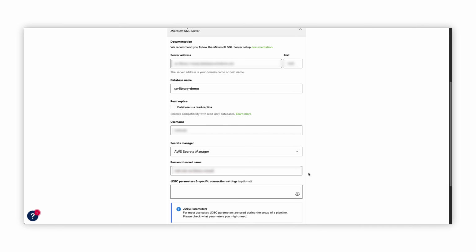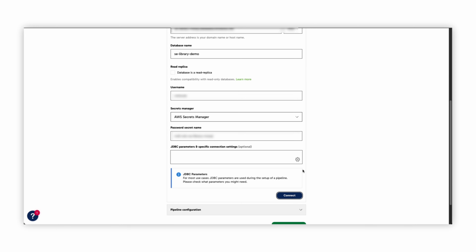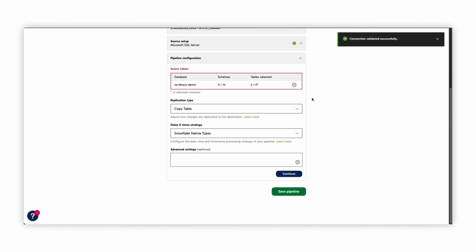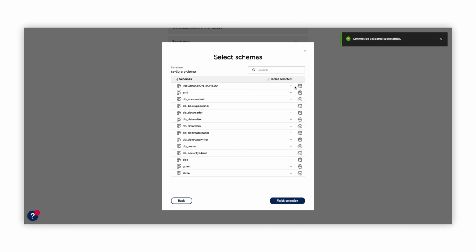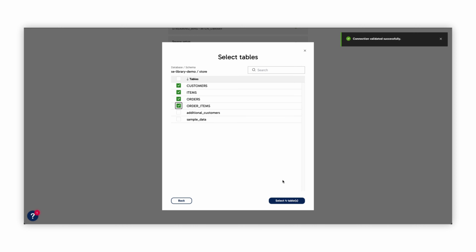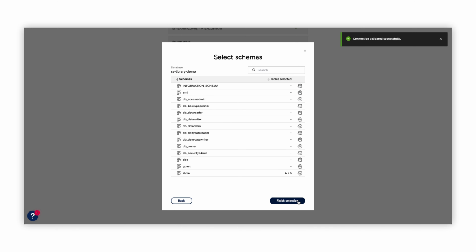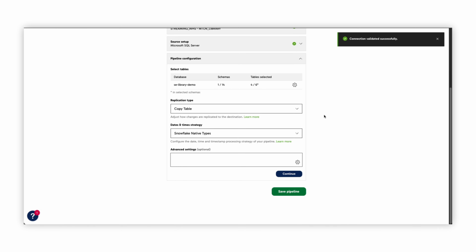So once this is all filled in, the next window to fill in is the pipeline configuration. In the first Select Tables property, we select the tables we want to replicate. Next, we need to select the replication type, which determines how the change data is replicated into the Snowflake tables.